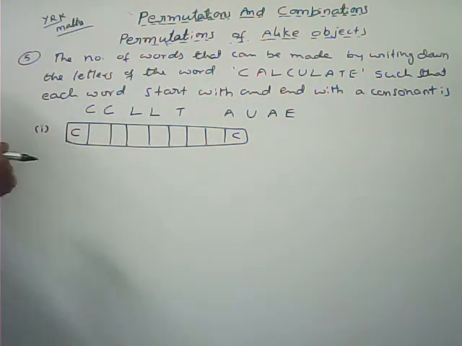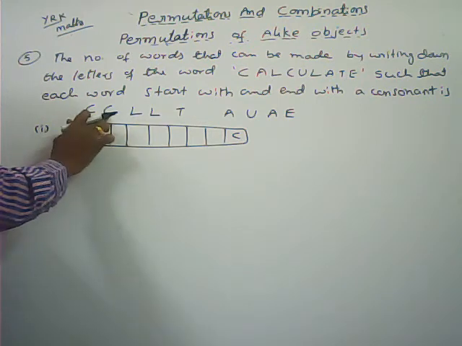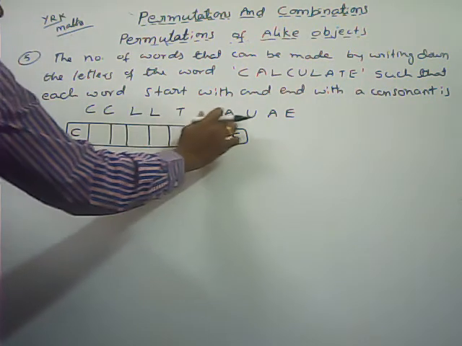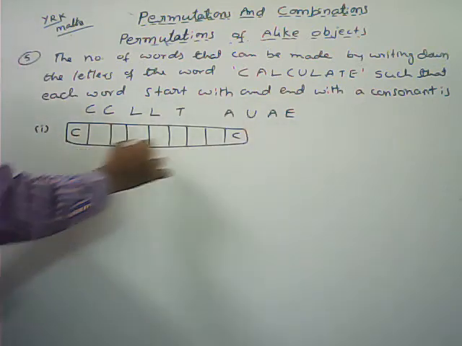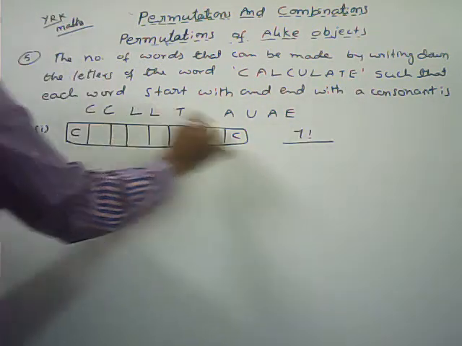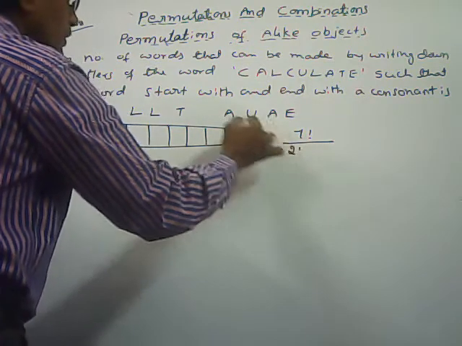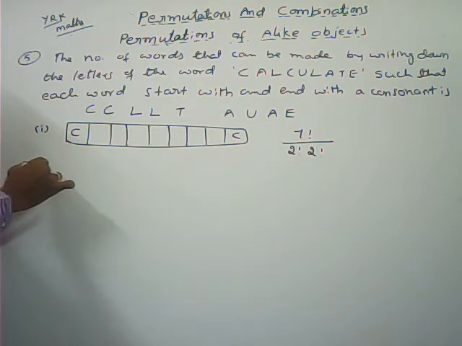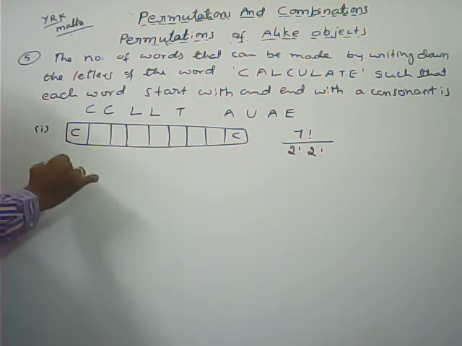Now what about the rest of the terms? If these two are arranged, fixed, 1, 2, 3, 4, 5, 6, 7. So 7 factorial by 2 L's are there, 2 factorial, into 2 A's are there, 2 factorial. In the first case, those are the number of arrangements. In the second case,